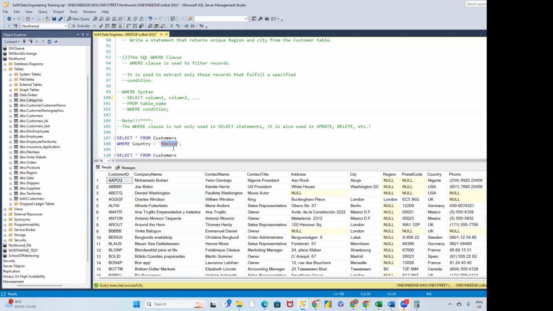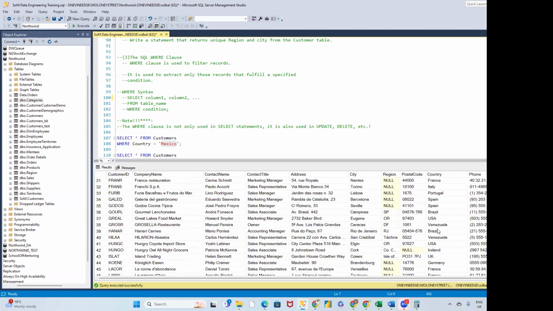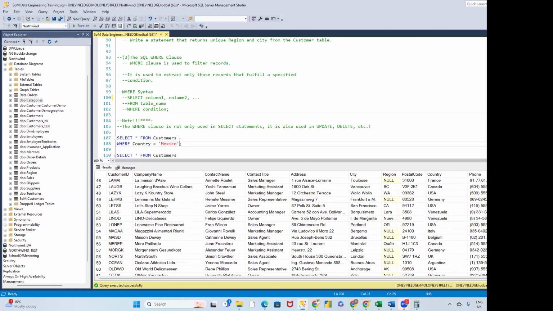So now you see this one returned. We are saying select every column, every row, but only the rows that have Mexico in their country column. That is all we're asking. So it's going to select this one and this one, because we're asking for Mexico and any other Mexico in here. That is our condition. So if I execute this,